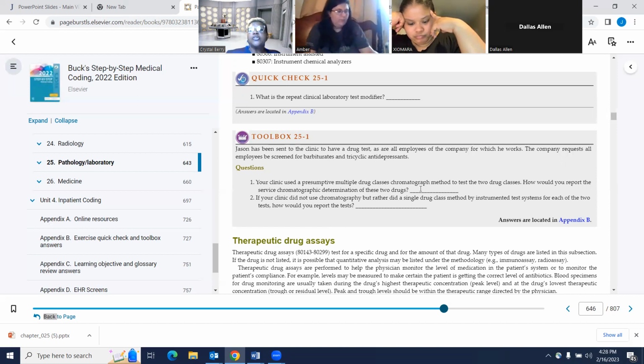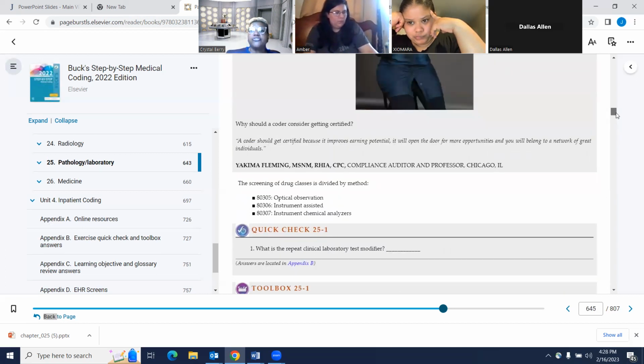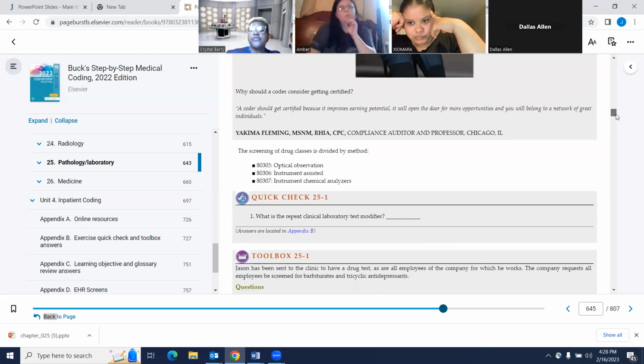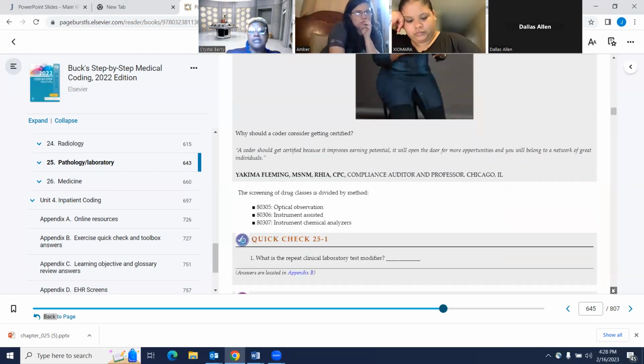Correct. So the easy way to make sure that you're in the right area, know the code range. That was a short little range for the drug assay, so anything in the drug assay section would only be in 80305 to 80307. So for any type of drug testing that you're doing, you know that it's going to be in that small range, 305 to 307. Next,